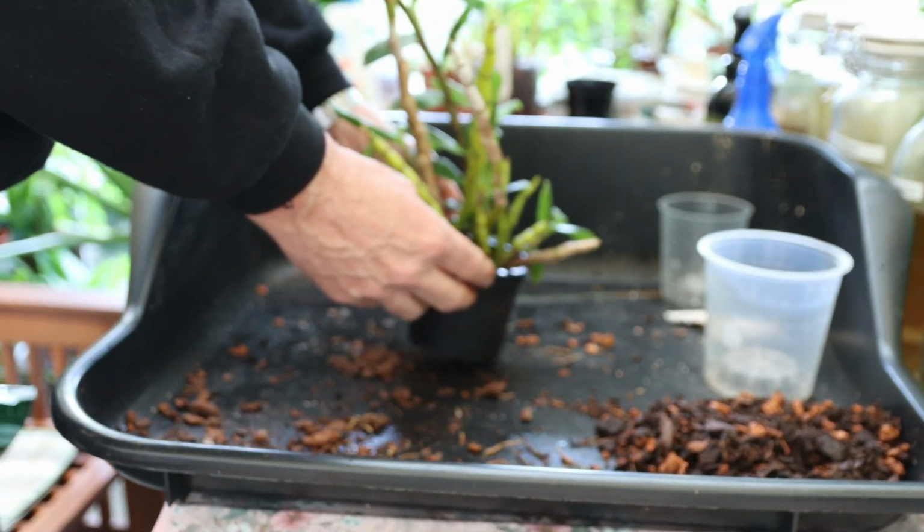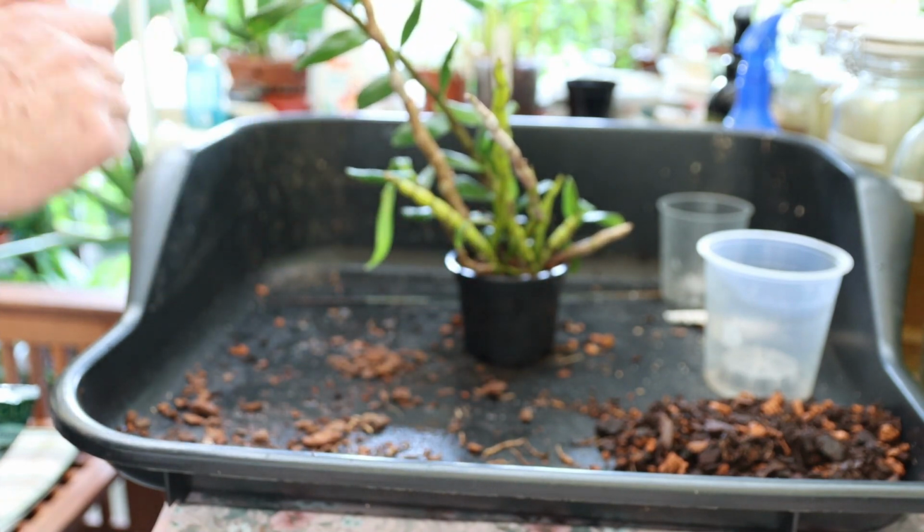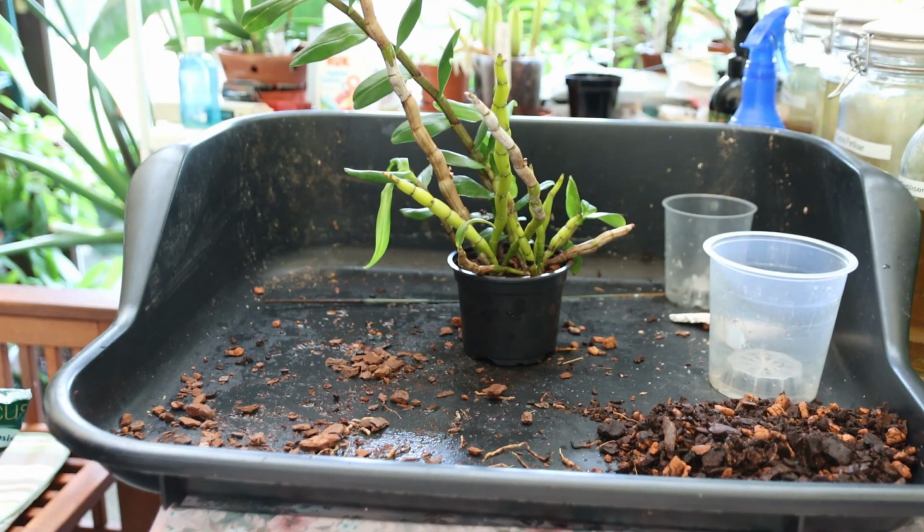So, a couple of Dendrobium things to talk about. Not very much else to say at the moment,